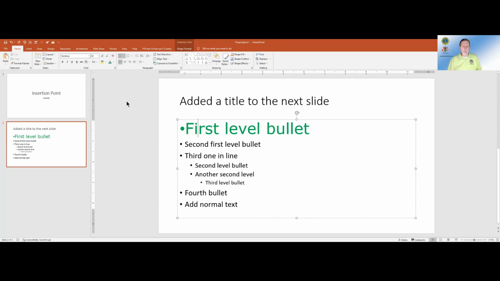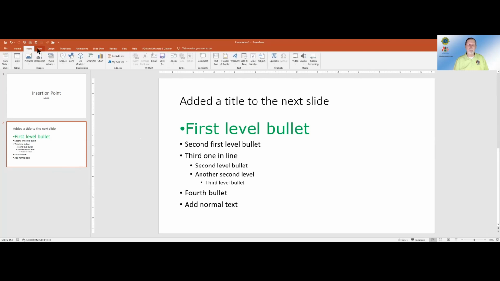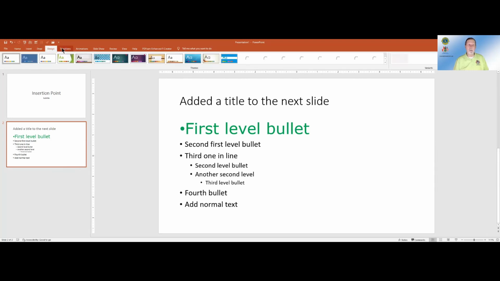I want to do one more thing before I go on to the extra. I should point this out. If I click here, or if I click here, if I do not click in my text area, if I click outside my text area, notice most of my tools up here on my ribbon are not available for me to use. And the same is true with some of the other ribbons, not all of them, of course.